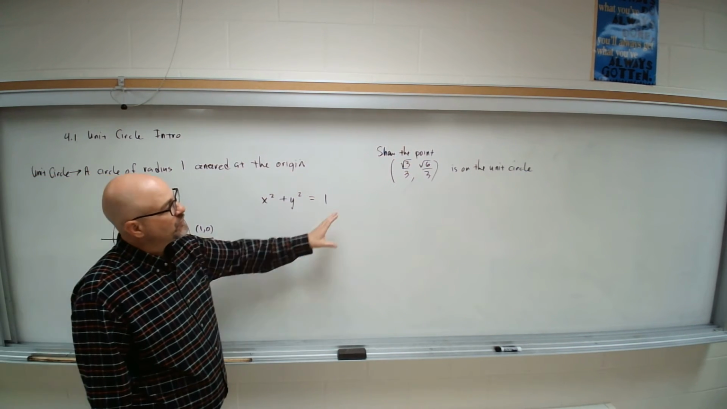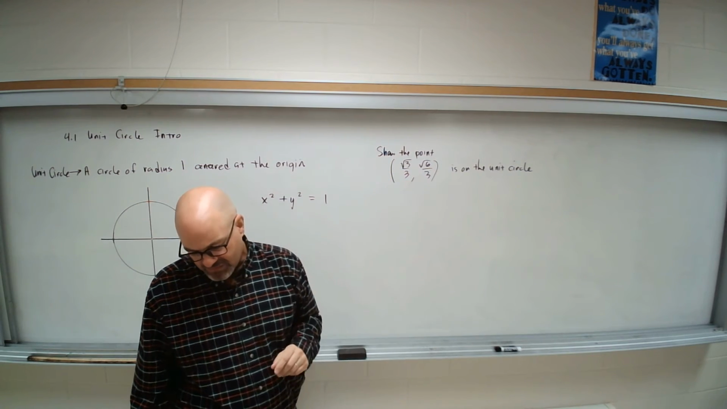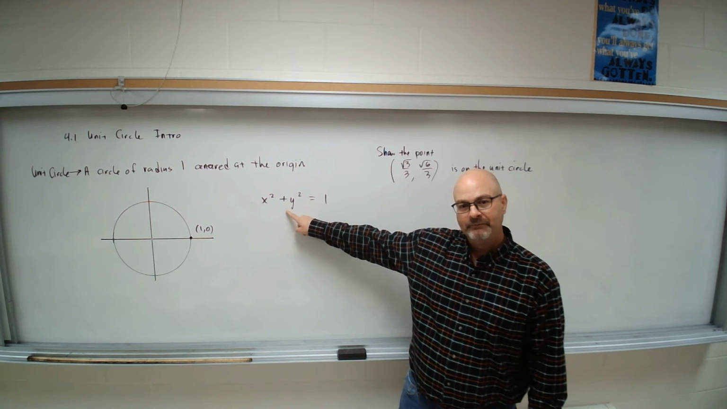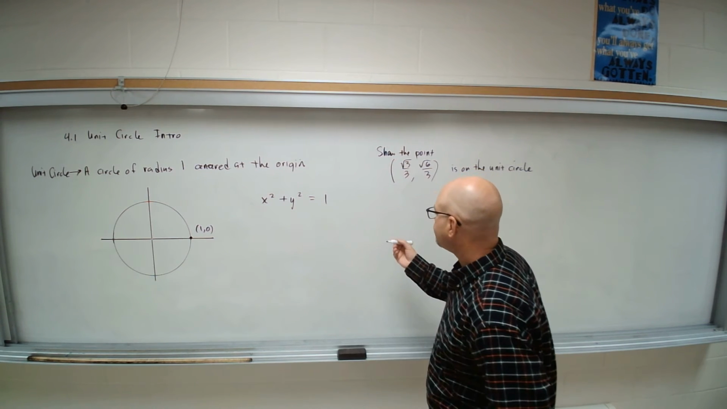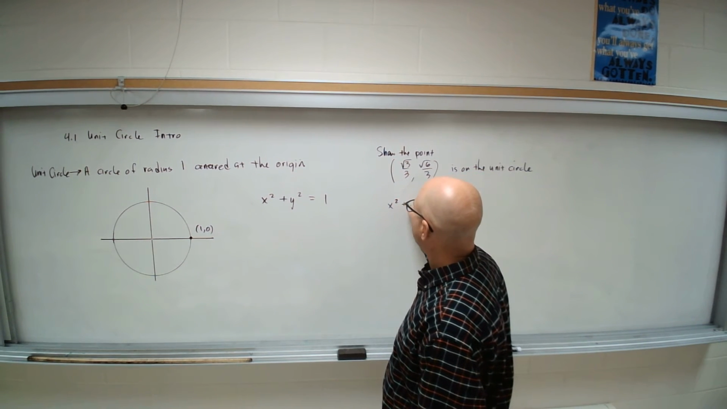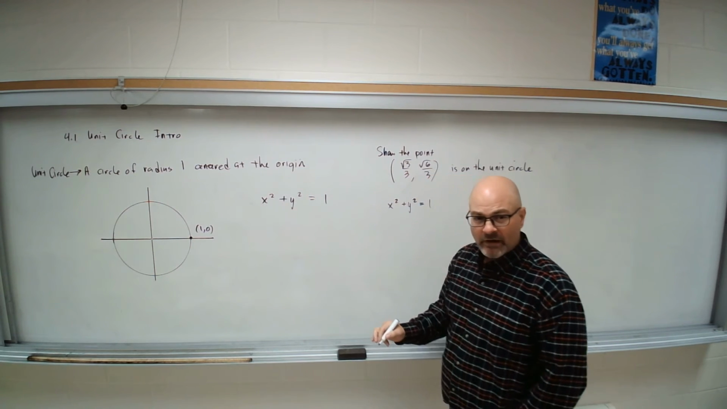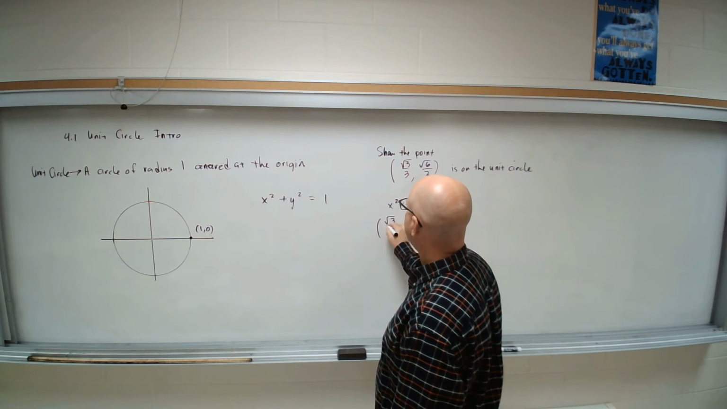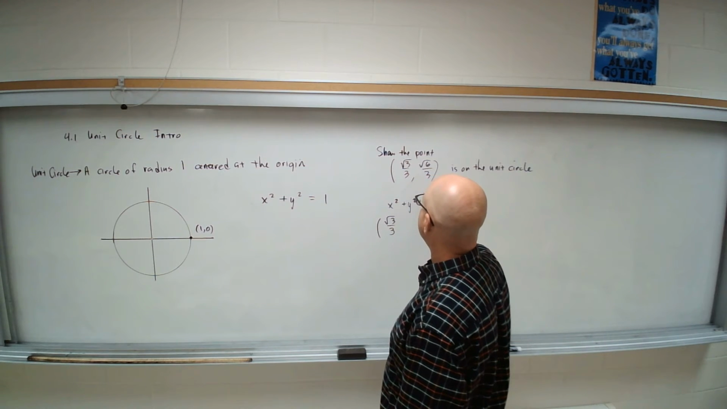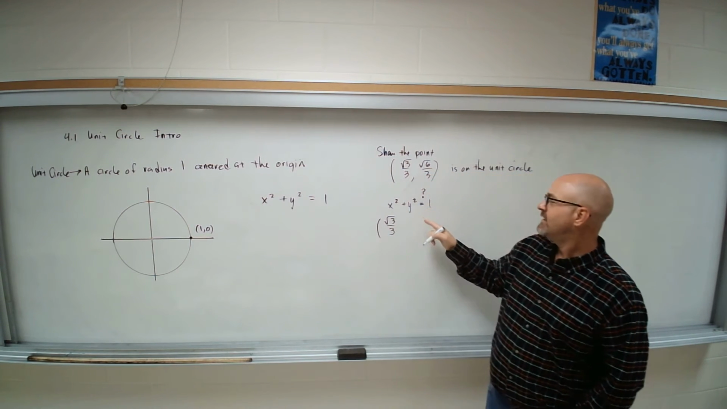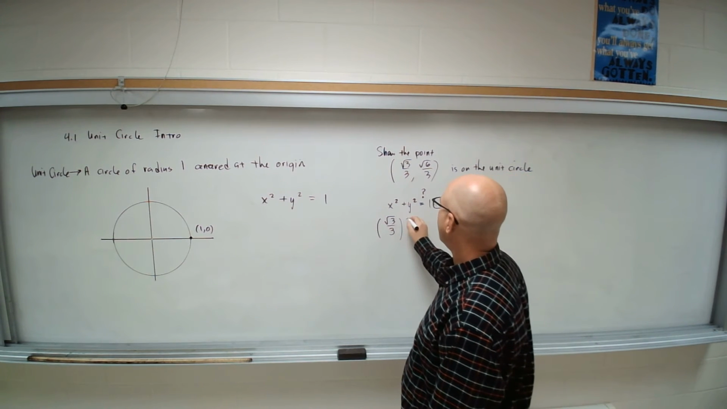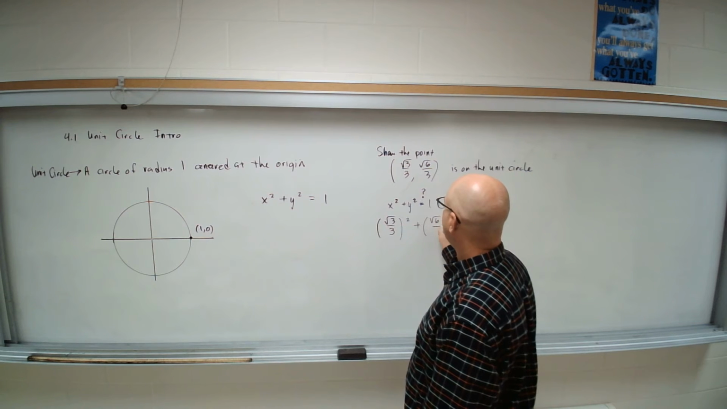So what we're going to do to show that a point is on the unit circle is we're going to show that it satisfies the equation of the unit circle. So what we do is we take x squared plus y squared equals 1. We're going to put in radical 3 over 3, and really it's a check. We're checking, does it equal 1 is what we're looking for. If it equals 1, it's on the unit circle. If it equals anything else,